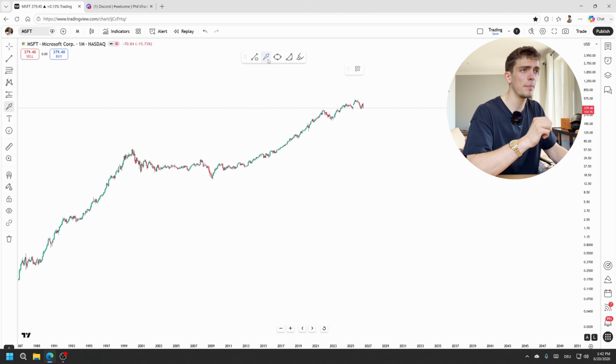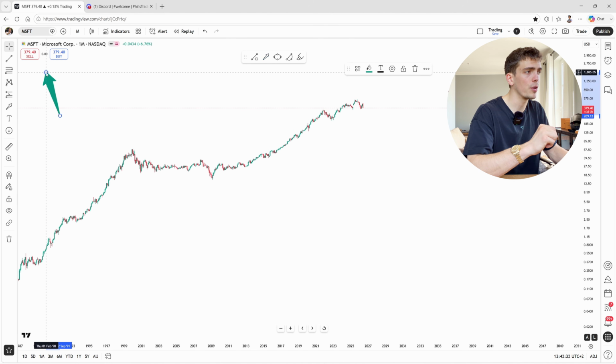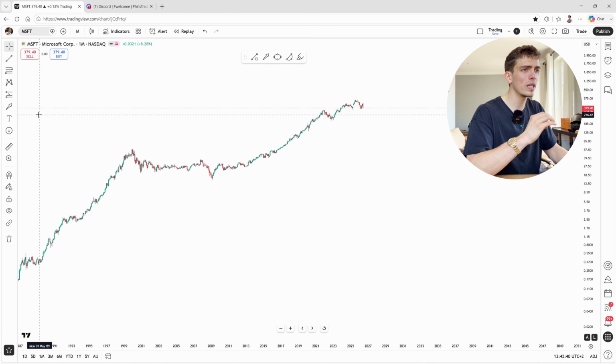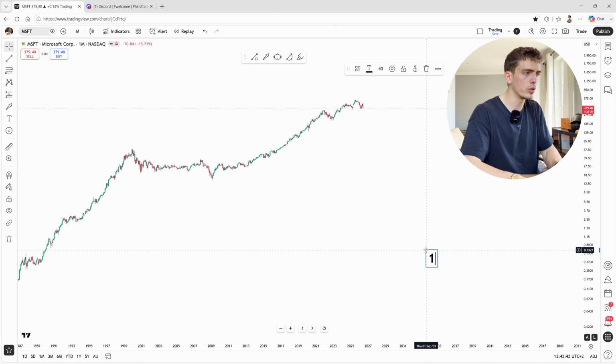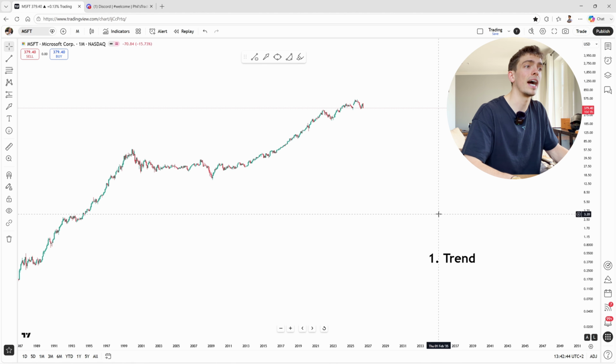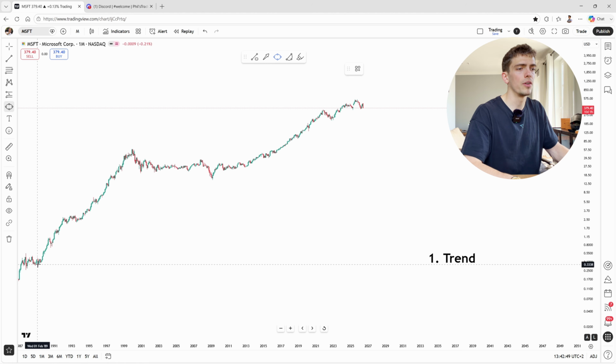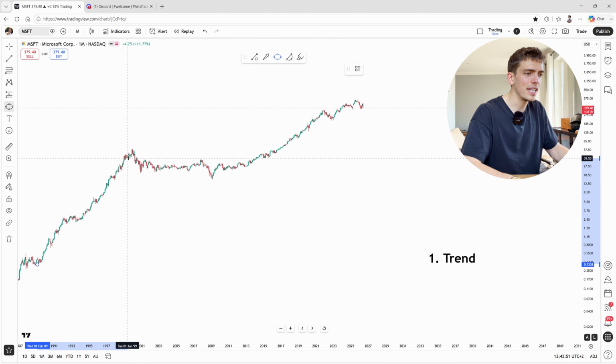And the first setup which I definitely want to share with you and which is what I consider a textbook swing trading opportunity is the chart of Microsoft. As you know, we always start with a simple 3-step process, and we first of all start by identifying the underlying trend. Here on Microsoft you can see, for example, that all the way back in the year of 1989